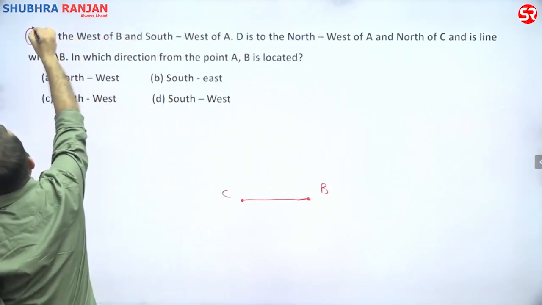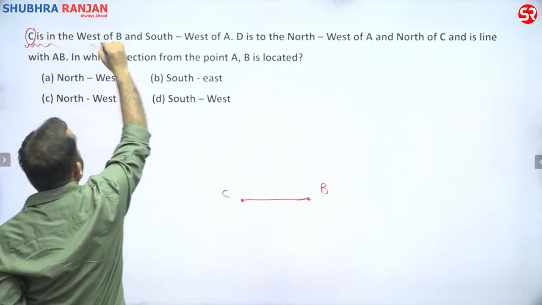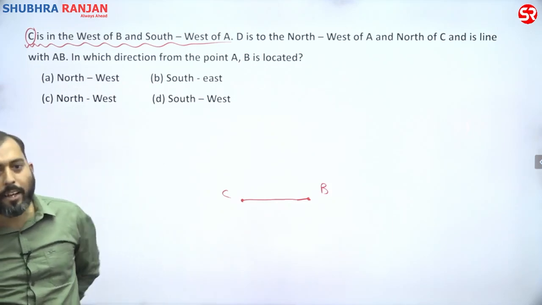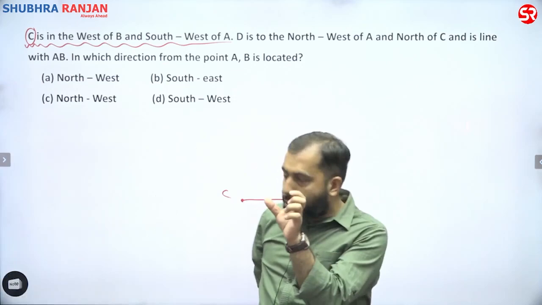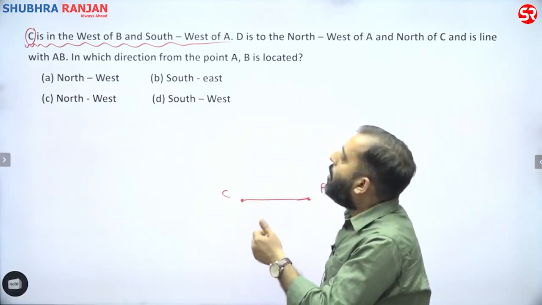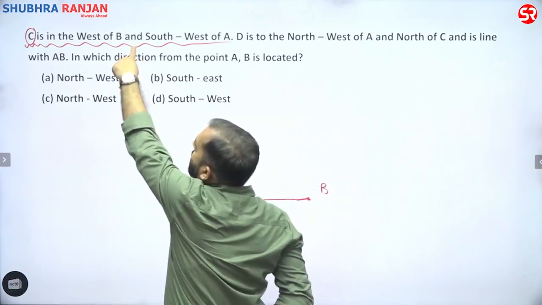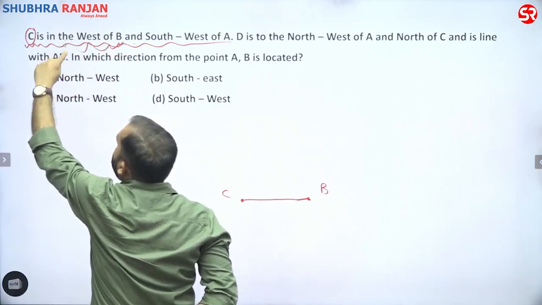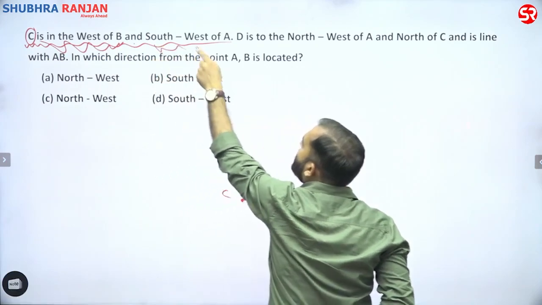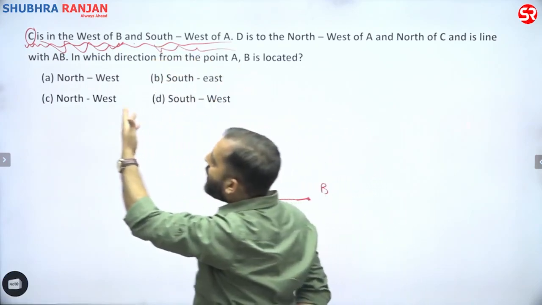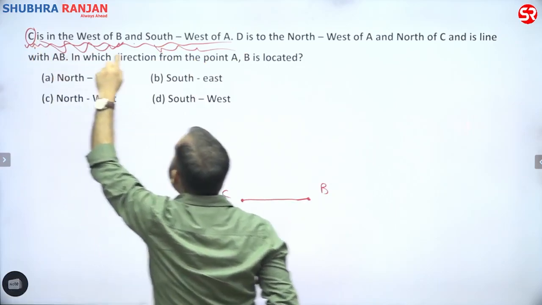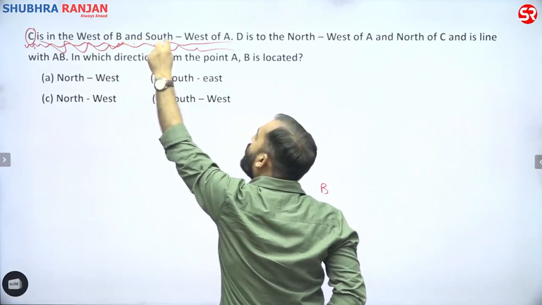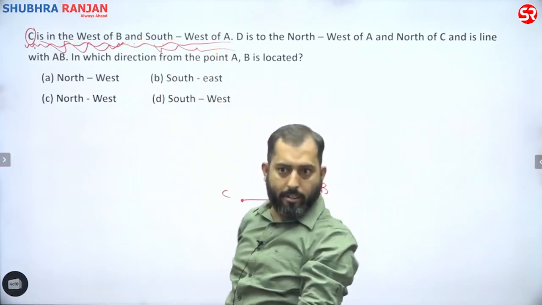C is the right answer here. Why? Because there is a little bit of English grammar here. See, according to a grammatical rule, if "and" is present, then the subject of the previous statement is also the subject of the next statement. So in the previous case, we were comparing with C. So definitely in the statement that is present after "and", we should compare A with C again.